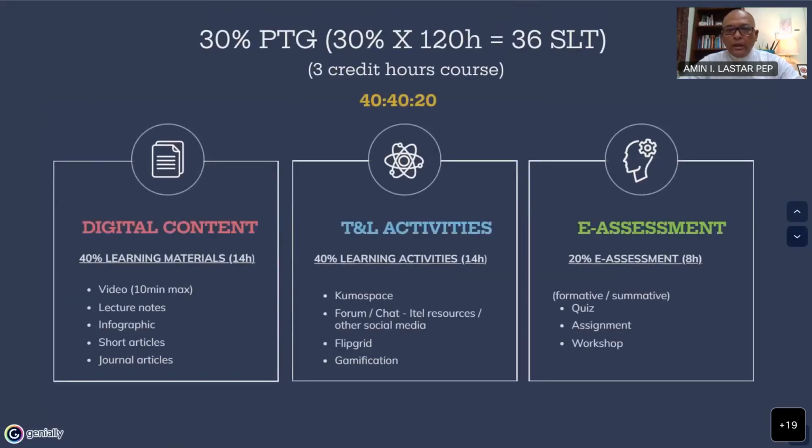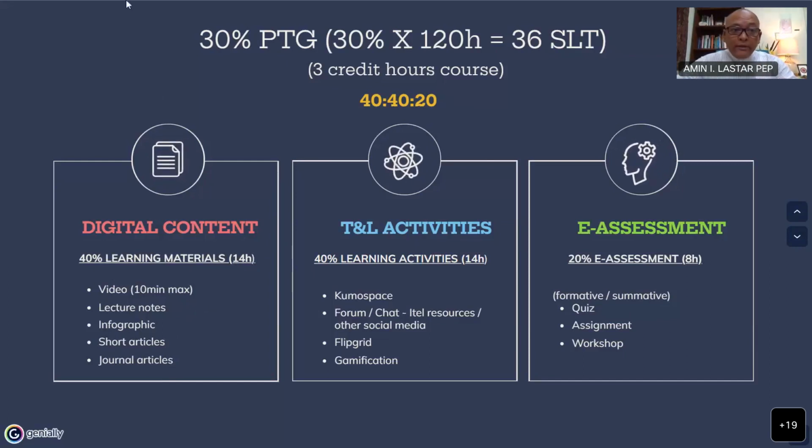So this is where what I have mentioned earlier on the digital content, on the TNL activities, and on the e-assessment. So let's go one by one here. This is based on 3 credit hour courses, 40, 40, 20, when we implement PTG in the next session. So digital content under PTG should come with 40%, 14 hours, equal to 14 hours of the whole 4 weeks. So you can use video, lecture notes, infographic, short articles, journal articles, but we have to be very careful here when you use the